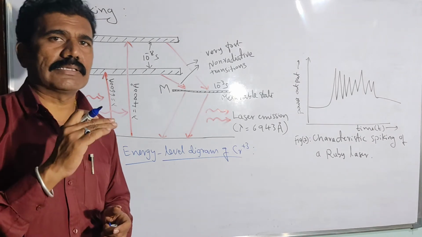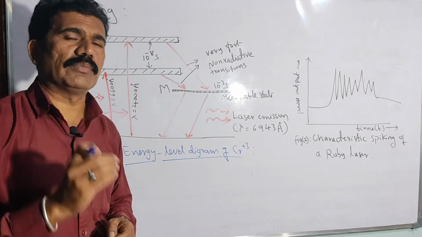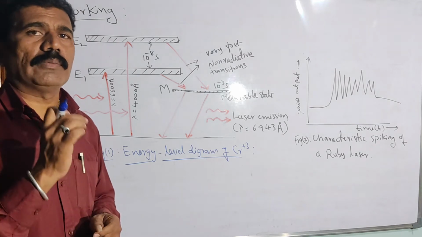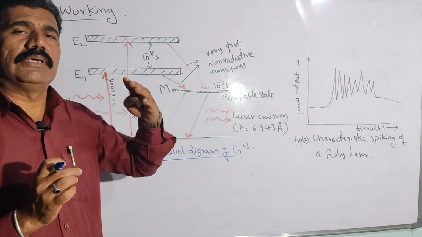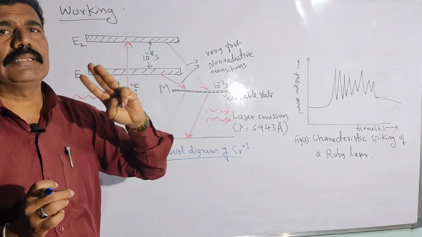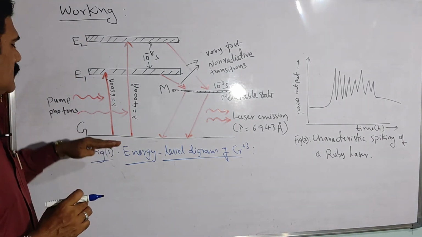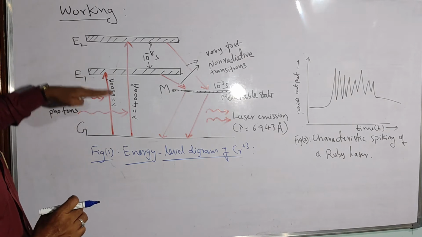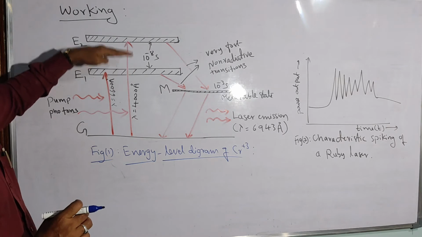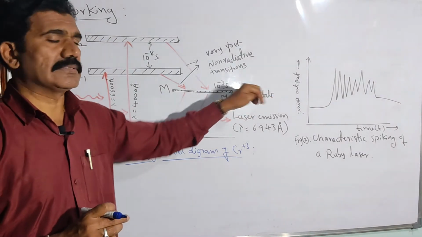Initially they are present in the ground state. When the high energy photons are incident on the chromium ions, that is called the optical pumping technique. So chromium ions get excited, meaning they will go from the ground state to excited states. Actually we have a 3-level energy system for chromium ions, which is what I am showing here. This is the ground level of the chromium ions, and these are the excited energy levels E1 and E2, and in between the excited states and the ground state we have one intermediate state, called the metastable state.